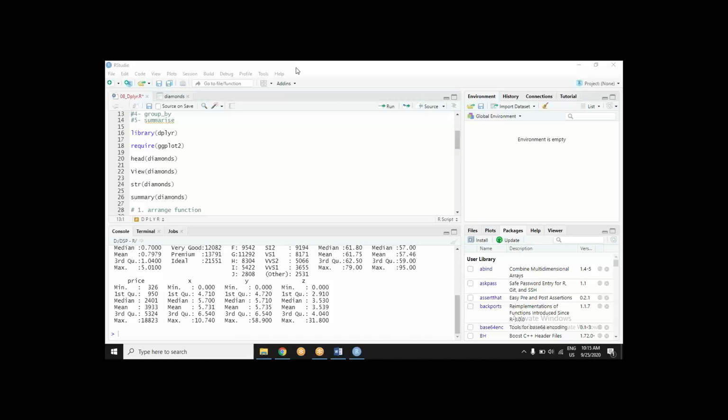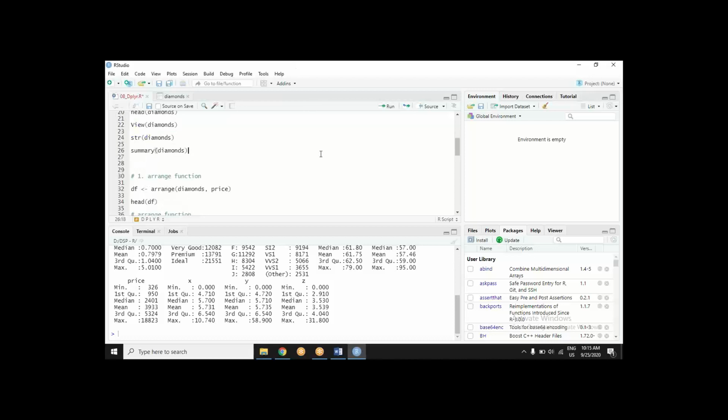So let's try to arrange this data according to price, or say carat, or price. Pick anything. Don't type in, I will send you. The syntax would be arrange, the dataset name, and we don't use it like comma comma. We use it just like in ggplot2. One layer is the dataset, another layer is the argument. I want to arrange this dataset, which dataset? Diamonds. And comma, according to what? According to price.